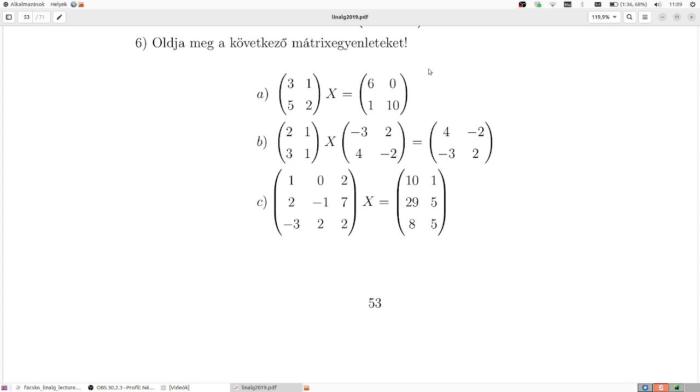Okay, it was suspicious, but I just don't trust myself. Because that's good. So this one is really the inverse. So it means the X matrix is